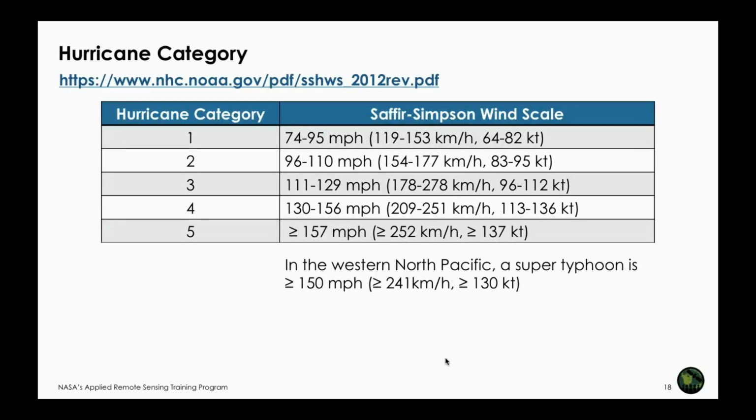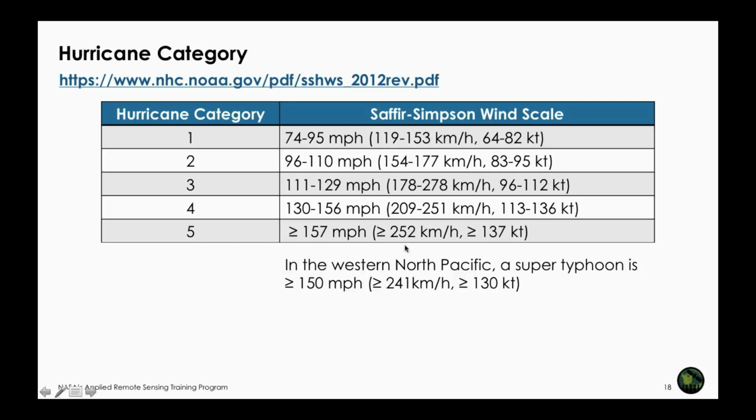And so once you have a hurricane formed, then there are multiple categories. And this comes from the Saffir-Simpson wind scale, and you can read more about this from NOAA's National Hurricane Center. There is a document that describes how it is formed. And so a category 1 hurricane is 119 to 153 kilometers per hour, and you move down, and a category 5 hurricane,